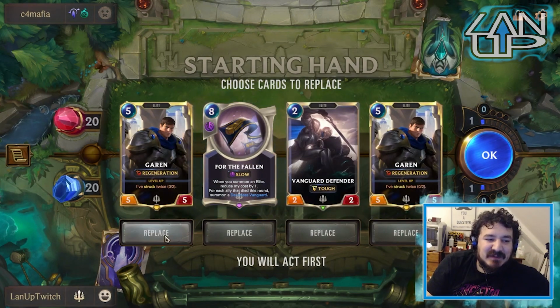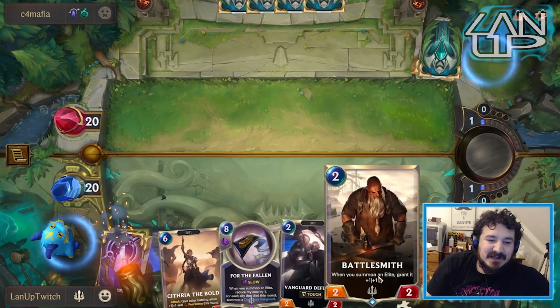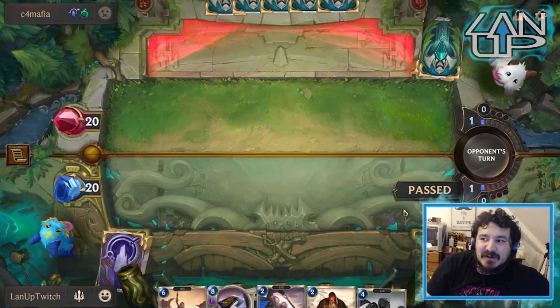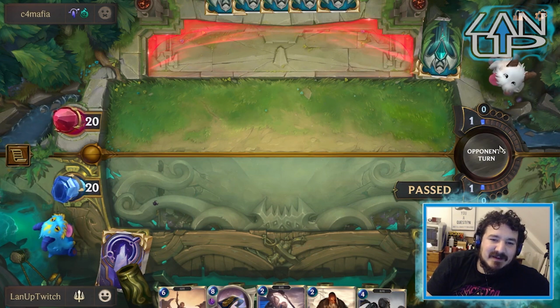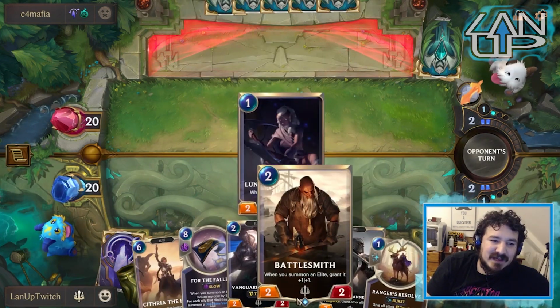But so yeah, I'm going to actually keep For the Fallen. I'm going to get rid of both Garens, and I'm going to keep For the Fallen. I'm looking for early game, so admittedly Battlesmith starts to buff my stuff up past the point of Fearsome. There is also the chances of Unspeakable Horror and things along those lines, so we kind of have to be careful when it comes to those. But the fact that we can start getting our stats up,